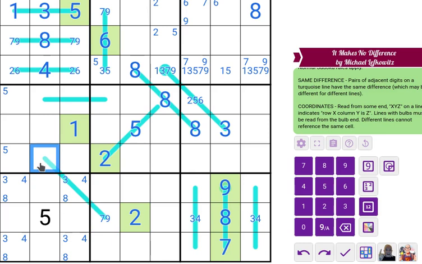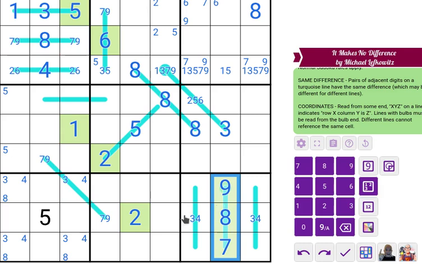So 1, no, can be 1, 3, 5, so 7, 9. This can be 7, 8, 9. So there's no 8 here, which means these two are the same. Can't make it a range again. 7, 8, 9. These are all already referred. So it's at